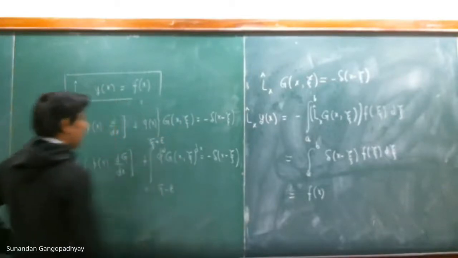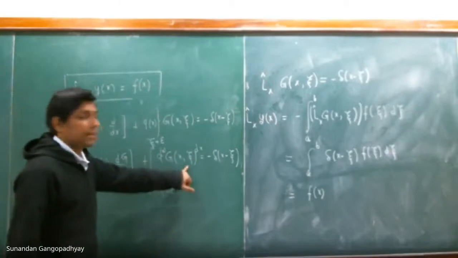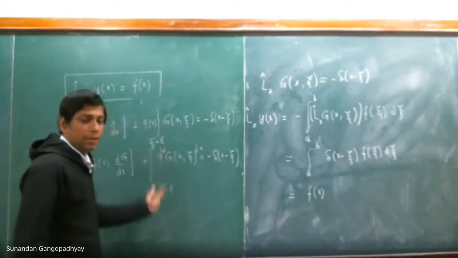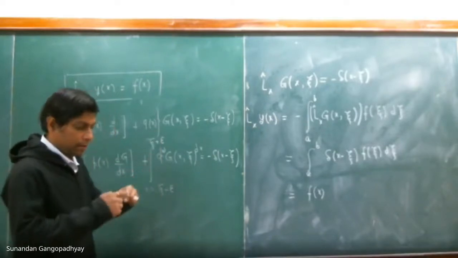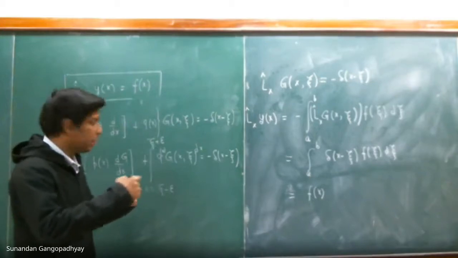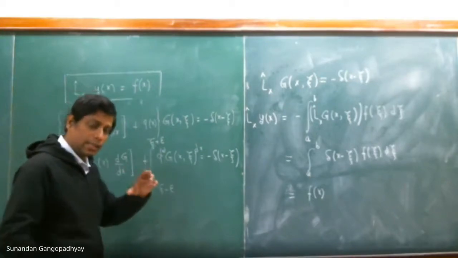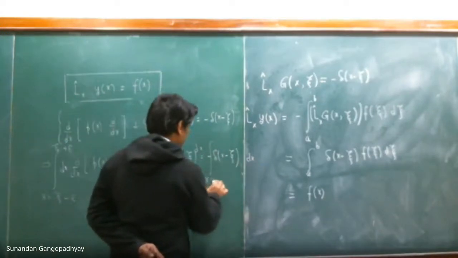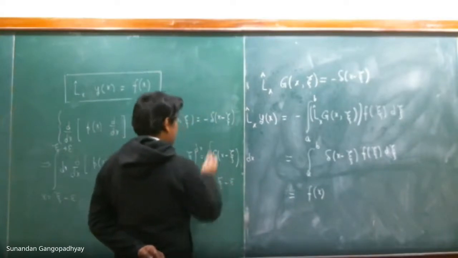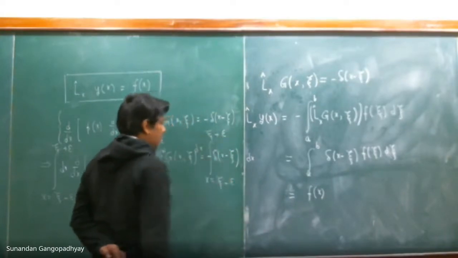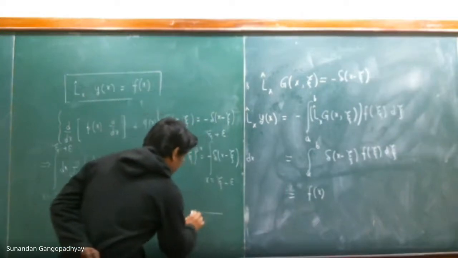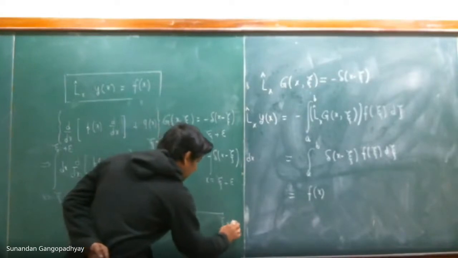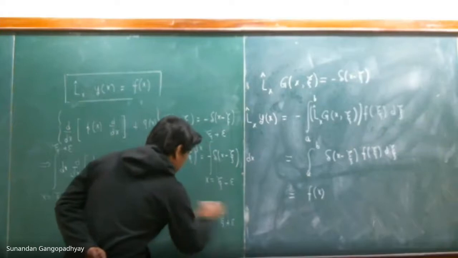So this point xi is basically contained in the interval of integration. There is a width along which you are integrating, and the point xi falls inside that region. And similarly here, dx, so it is something like this. This is your x, this is your xi minus epsilon, this is your xi plus epsilon, this point is xi, and this is your x along which you are integrating. So xi falls inside the interval.